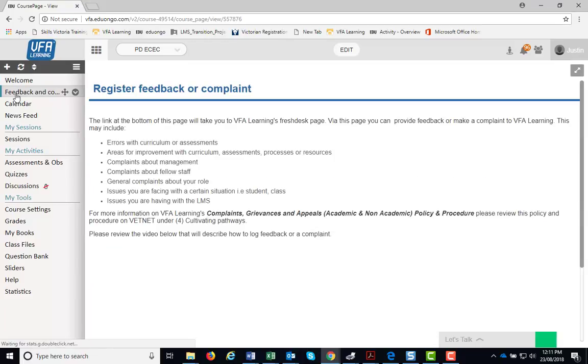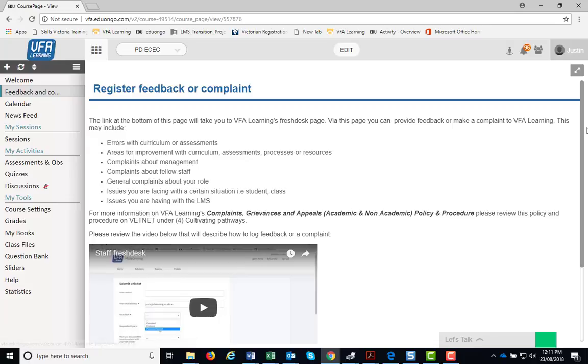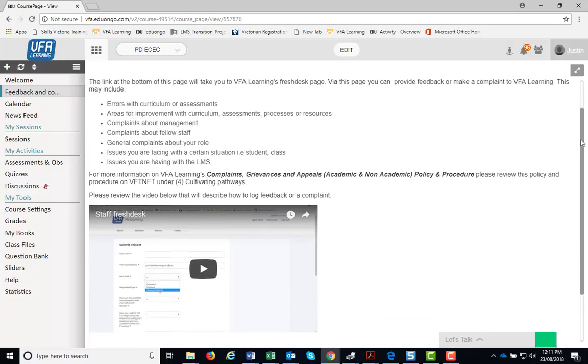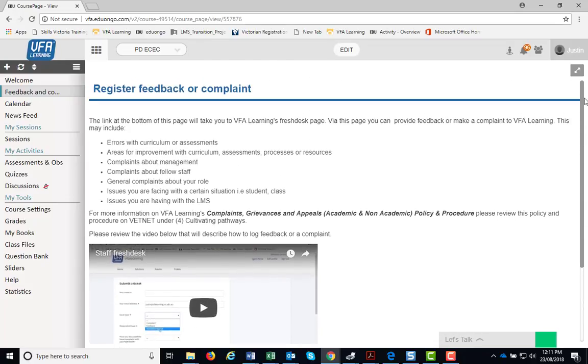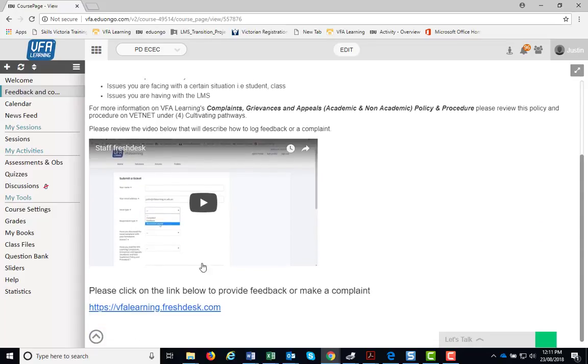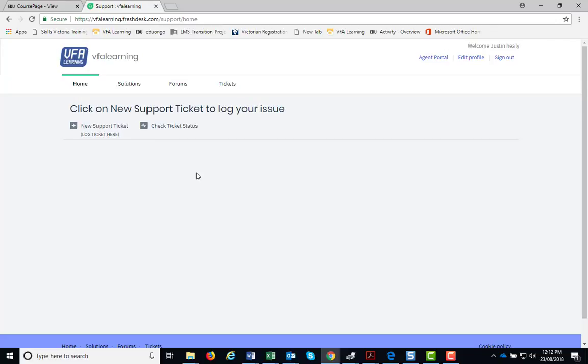When you click on that, it will bring up a bit of an explanation on how to use our new program Freshdesk, and we'll provide a link to Freshdesk here. If I click on this link, you'll be taken to VFA Learning's Freshdesk page, which is where you can log issues, complaints and feedback. You can enter this via the learning management system, your PD program as just explained, or if you want to keep this address as a favorite, you can go straight into it by putting in